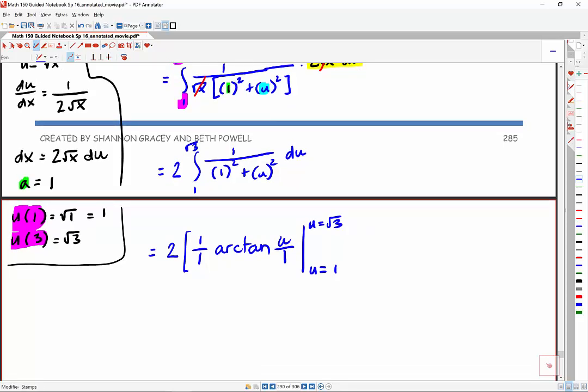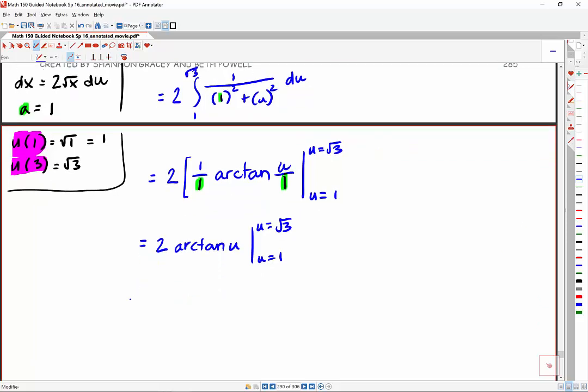So this was our a, and we still have our u. And we don't need to change it back because we changed our limits of integration. So let me just clean it up. This is 2 times arctangent of u, evaluated from u is 1 to u is root 3. So we will get 2 times arctangent of root 3 minus arctangent of 1,